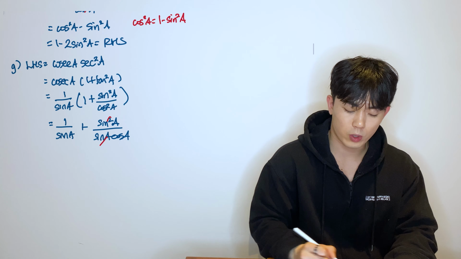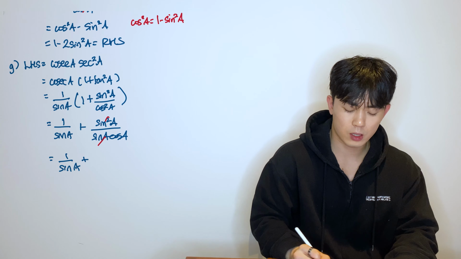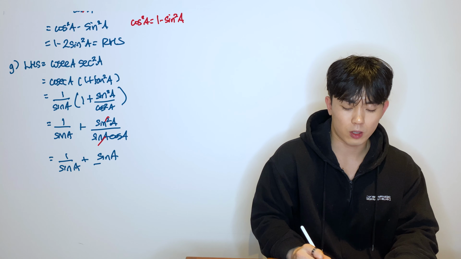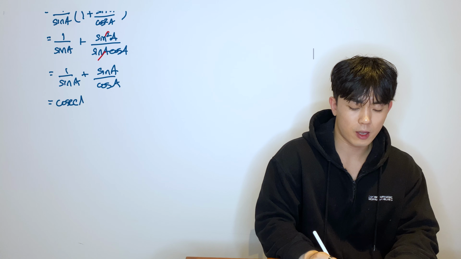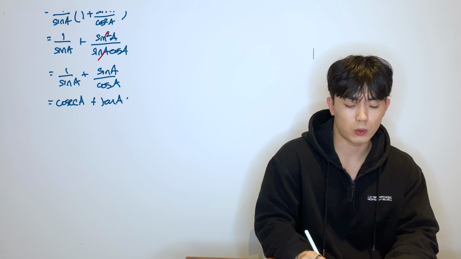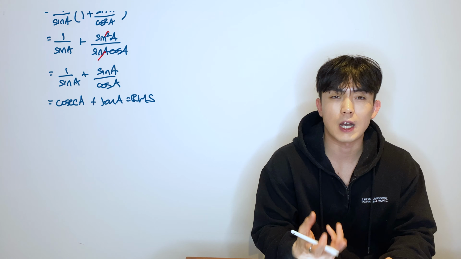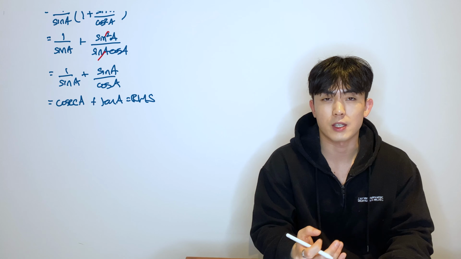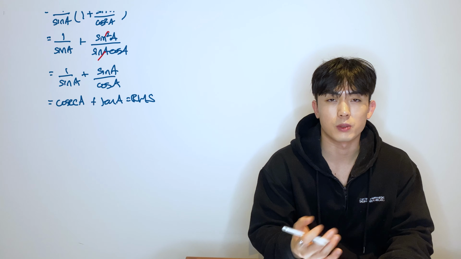So we'll be left with 1 over sine A plus sine A over cos A, which we can rewrite as cosec A plus tan A, and that's what they wanted on the right-hand side. So as you can see, just because we learned there's two new identities, we can incorporate them in some stages, but the main premise that we just changed the sign of the cos is still applicable to these kinds of